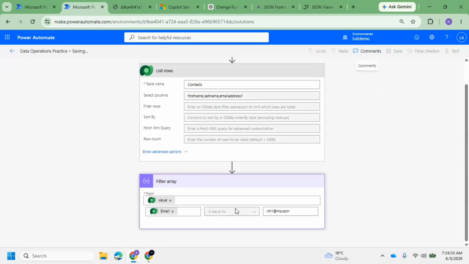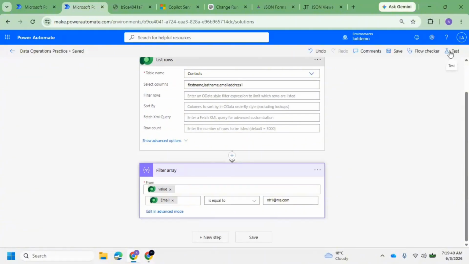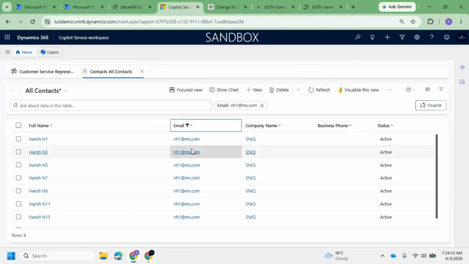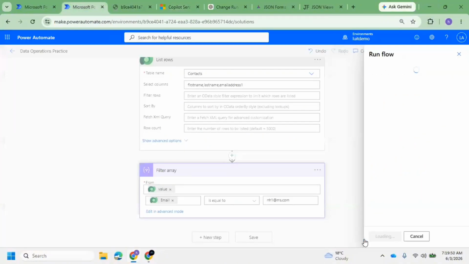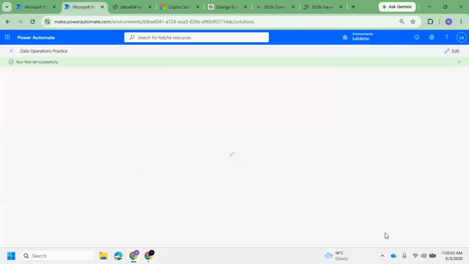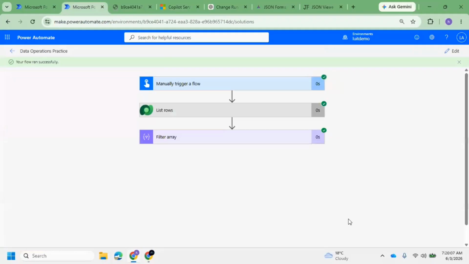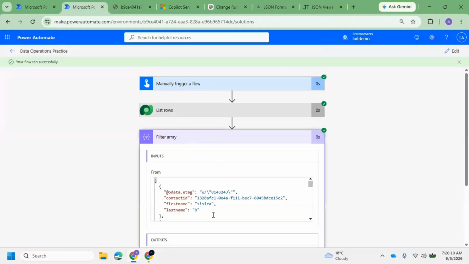Now I just made the changes. Now I will run it. So what I'm expecting, out of 26, only 8 have this. 8 have this value, right? So you should get only 8 records. It got executed. So input,